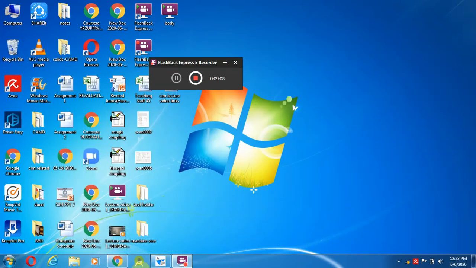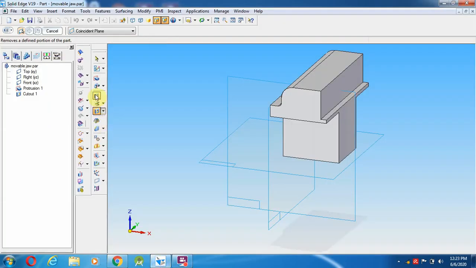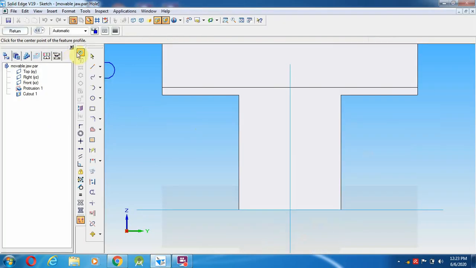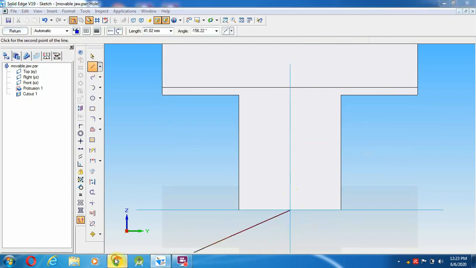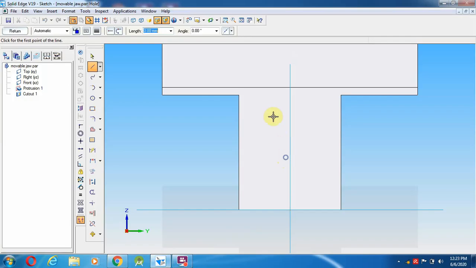Go over here, select hole, front plane. From the bottom, what is the distance, the height? From here to 20 mm. Okay, select from this distance to 20 mm distance.